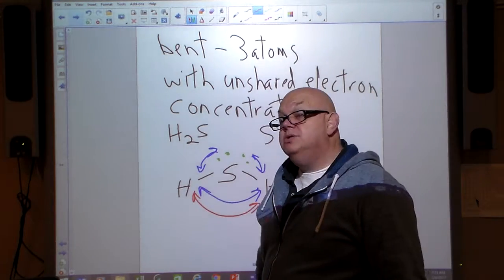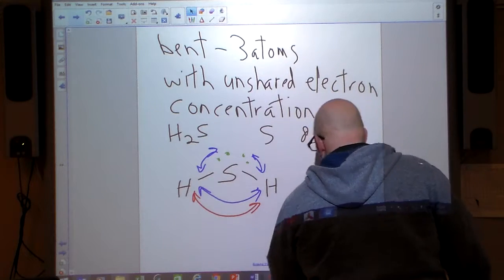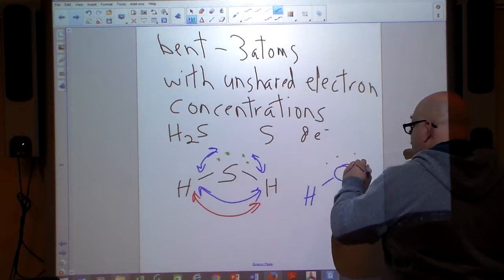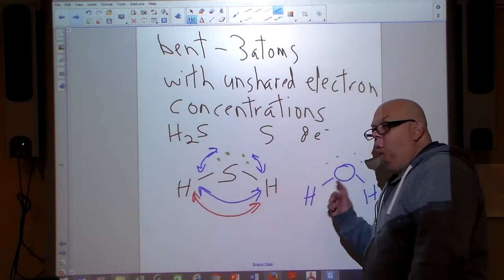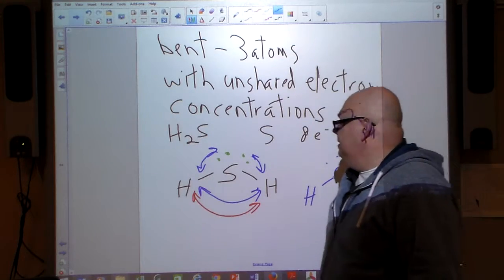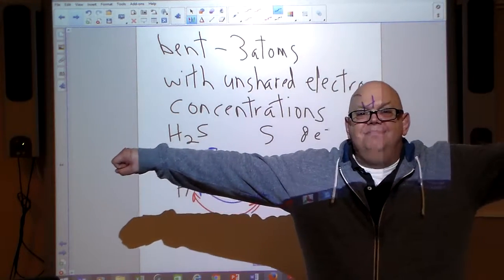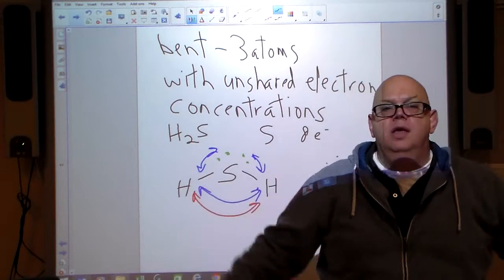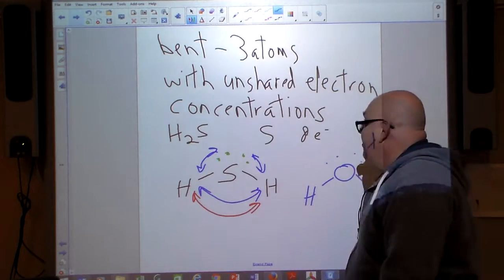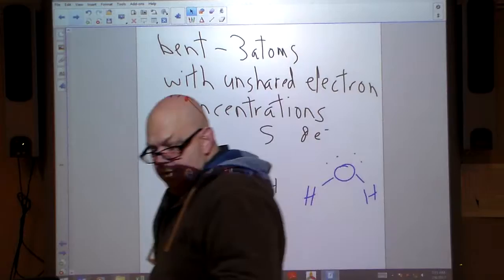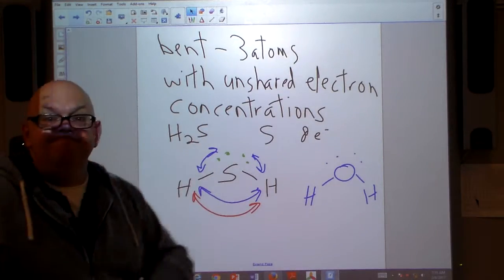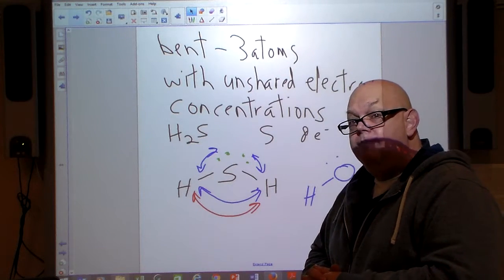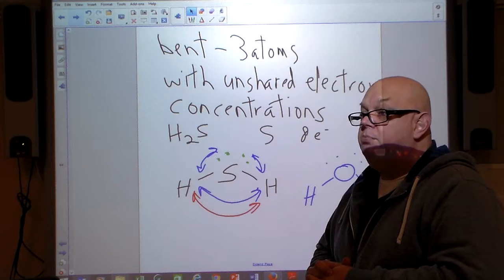And you want to know another example of a bent shape? We all live on it. We all depend on it. Water. This is why water is the Mickey Mouse molecule, because otherwise it would be like this, but with those unshared electron concentrations, it's forcing it down. And that's why you're getting the angle that you guys have. So, at this point, ladies and gentlemen, we've covered the basic molecular shapes, how and why they are the way that they are. Think valence shell electron pair repulsion theory,